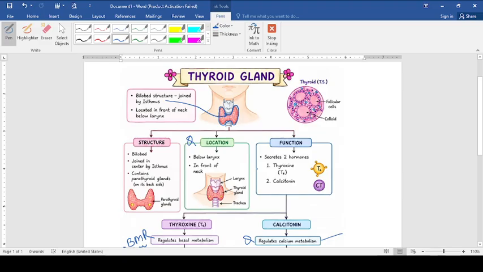This is the structure which you can see, the cross section of the thyroid gland, where they are showing you the follicular cells, and these follicular cells are producing thyroxine. So that's all. Next we are moving with the